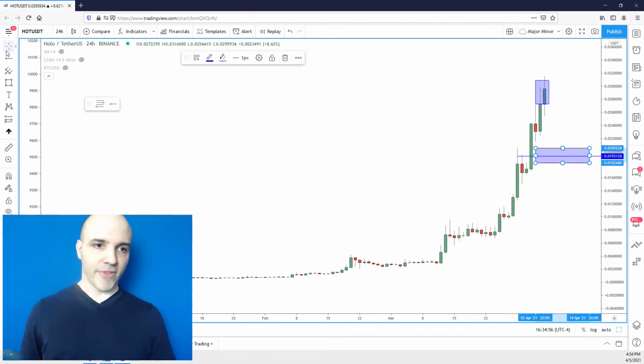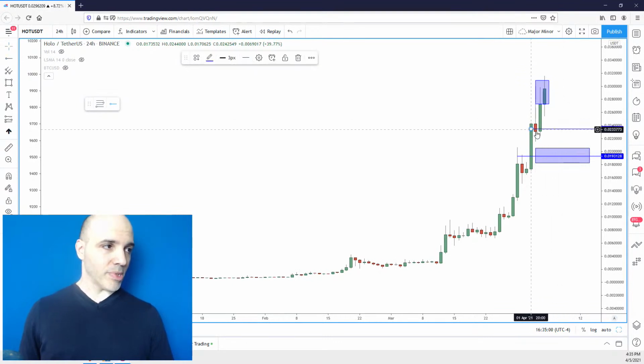I'd be looking for that if you're interested in the swing trade, or maybe something around here with this little red candle situation, which didn't follow through, right? That was a potential sell signal, which didn't follow through. That means there's some activity there, some unusual activity. You're looking at around 2.25 cents, right around there.